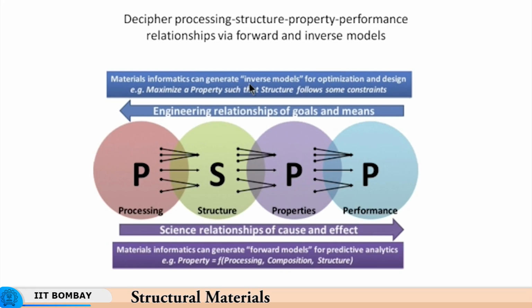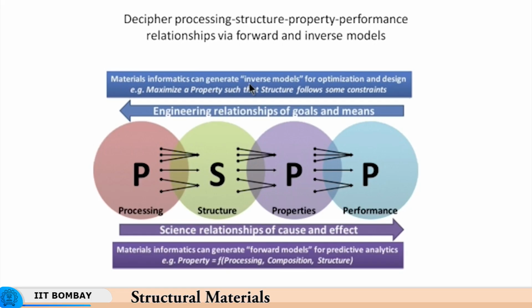So, this is how I translate performance into structure and processing conditions. Similarly, we can move in the forward direction, meaning you have scientific relationships of cause and effect. So, you have the processing conditions, like for example, you want to determine the chemical composition, then you add, let us say, molybdenum for creep resistance. So, you have cause and effect. You know, molybdenum increases the creep resistance. So, you add those materials, you need chromium to increase the corrosion resistance. So, you add those, then you get the proper microstructure of the material, the properties.